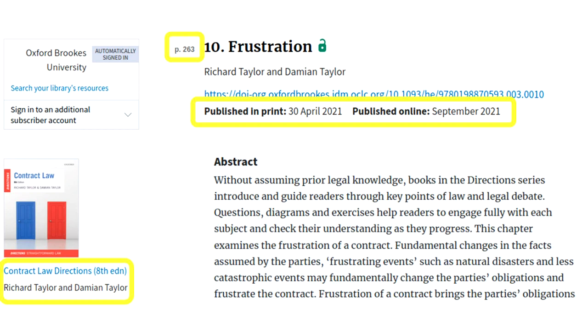Well, can you see at the top of this example, next to where it says 10, frustration, it says P263. This tells us that the chapter starts at page 263. Further down the page, it will then say page 264 in the left-hand margin. Everything between those numbers is therefore on page 263, so we can pinpoint a particular page.